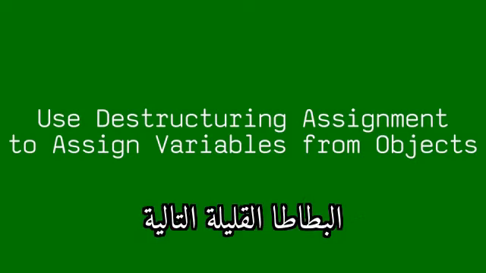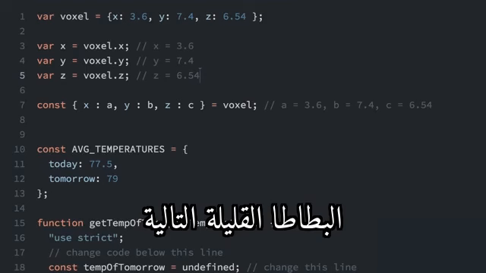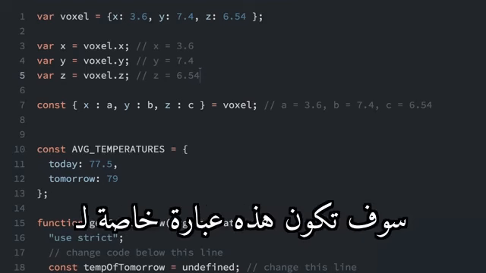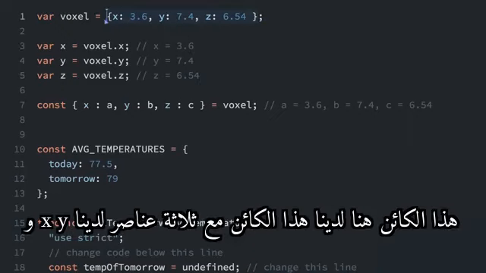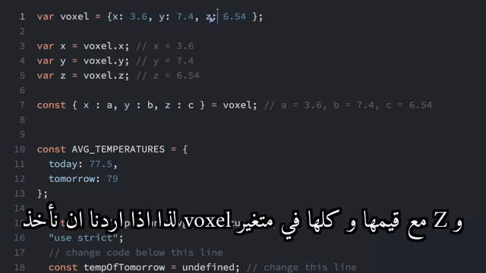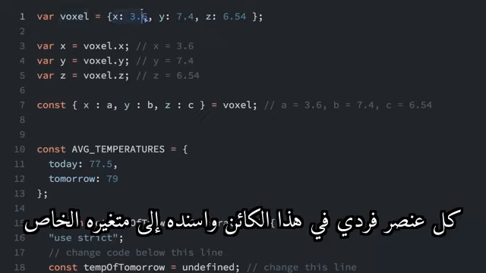Now we're going to use destructuring to obtain the average temperature for tomorrow from the input object average temperatures. So we have average temperatures. It has today and tomorrow's temperatures. And then the average temperature is inputted into this function here. So I'm going to change this line here to use destructuring and destructure the average temperatures object that's passed